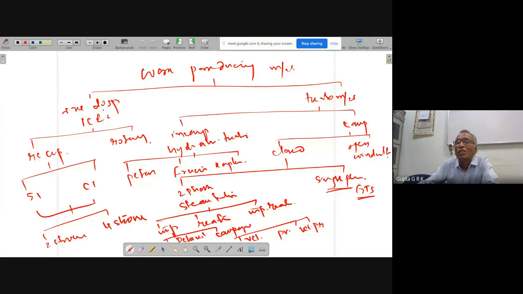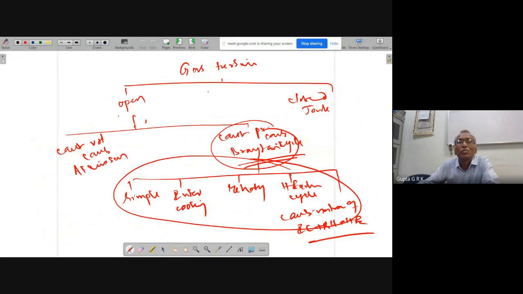And coming to the single phase side, the gas turbine side, which we are interested in, as I told. In the gas turbine side, we can have open cycle or closed cycle, and closed cycle is the Joule cycle. In the open cycle, you can have constant volume combustion or constant pressure combustion. Constant volume means Atkinson cycle, constant pressure is Brayton cycle. And in the Brayton cycle, we have various things like simple cycle, intercooling cycle, reheating cycle, heat exchange cycle, and a combination of all of them. Okay, so these things we are going to discuss later. So that's what we have discussed.